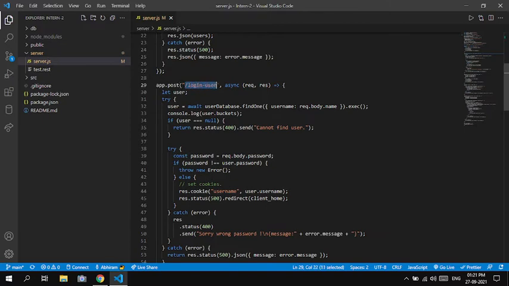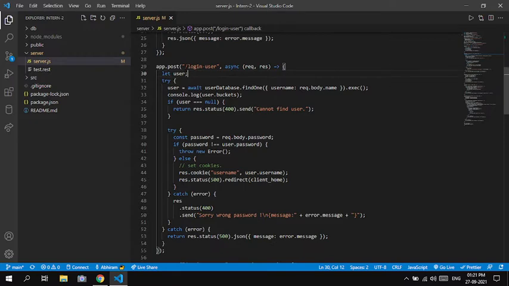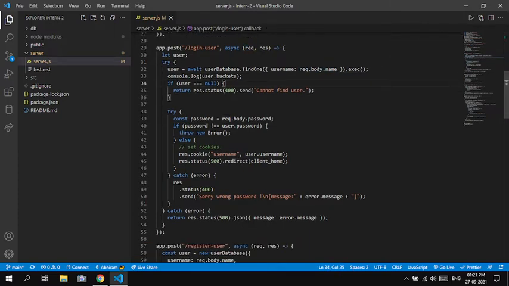Slash login-user will be logging the user into the portal. So whenever there is a route slash login-user, first it checks whether there is any username with the request.body.name, and if that is present, then it checks the password, and if the password also gets satisfied, it sets the cookie for the first time.